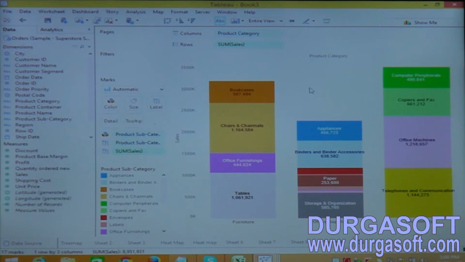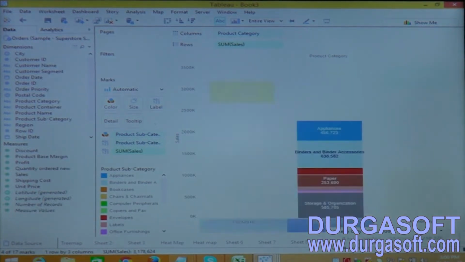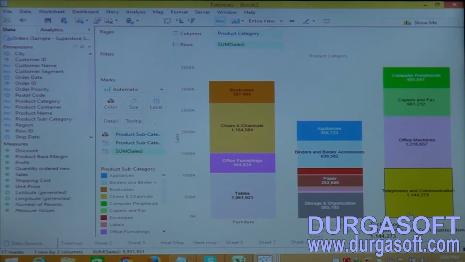That means you will be able to see how the data is divided in each bar. Furniture has almost 4 subcategories, and office supplies almost has 6 subcategories. Because of these subcategories, the bar is divided.